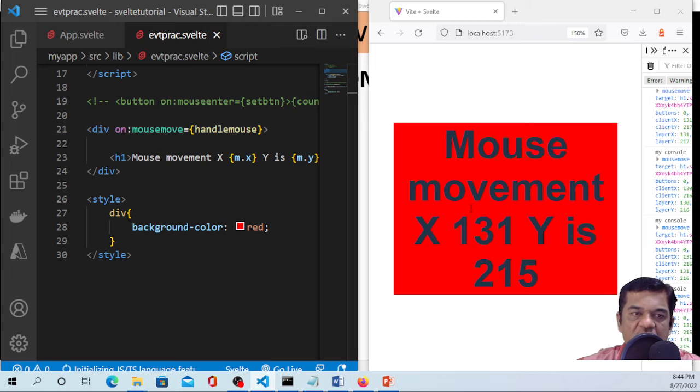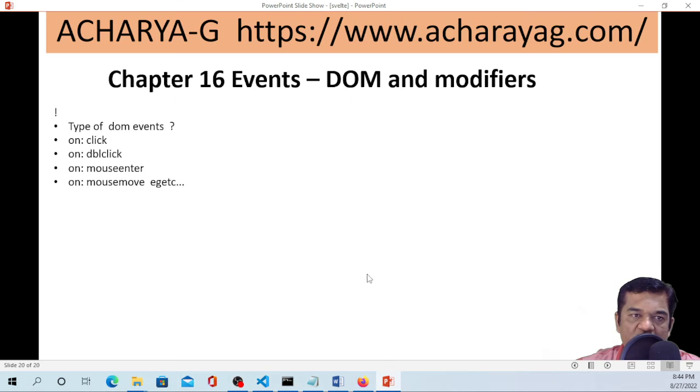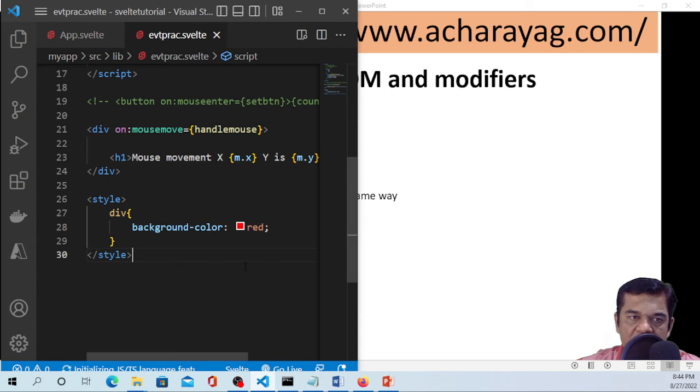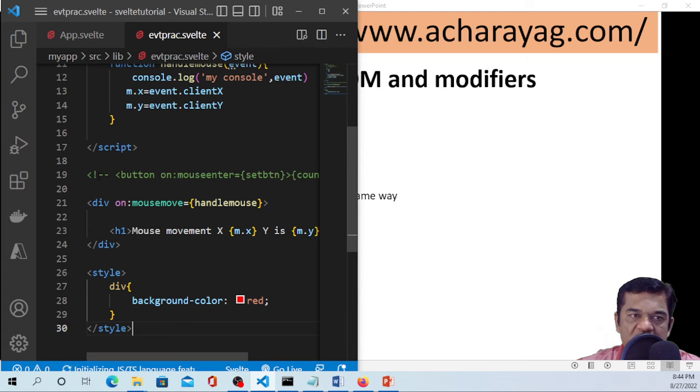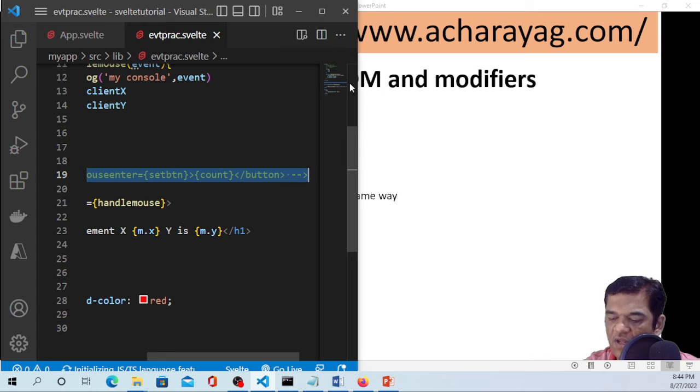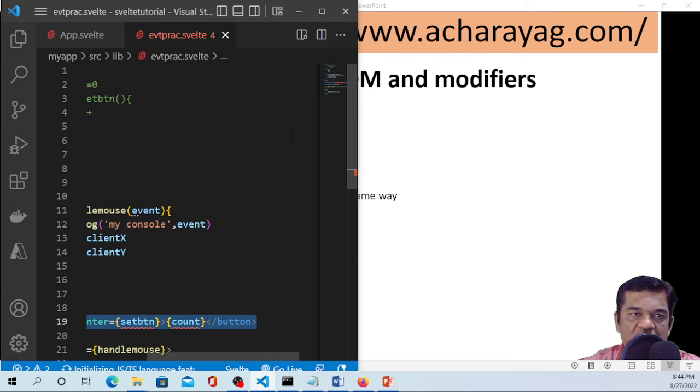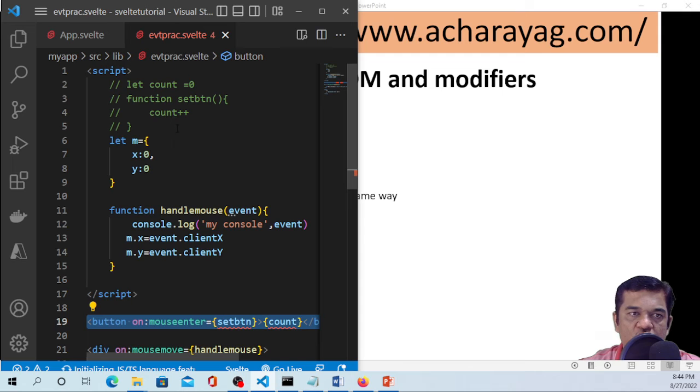Okay, so we have seen double click, single click, mouse enter, mouse move. All these are common examples you always use. Now sometimes you need to use modifiers as well. So modifiers, for example, prevent default, once, and all these are modifiers. So let's say, for example, I will uncomment the last example we used here, and I will show you